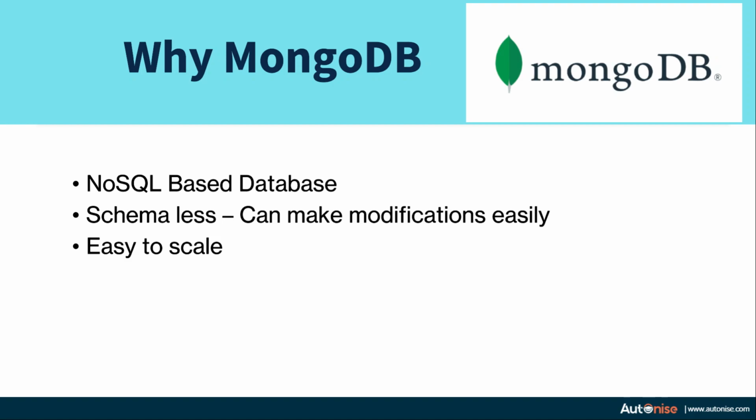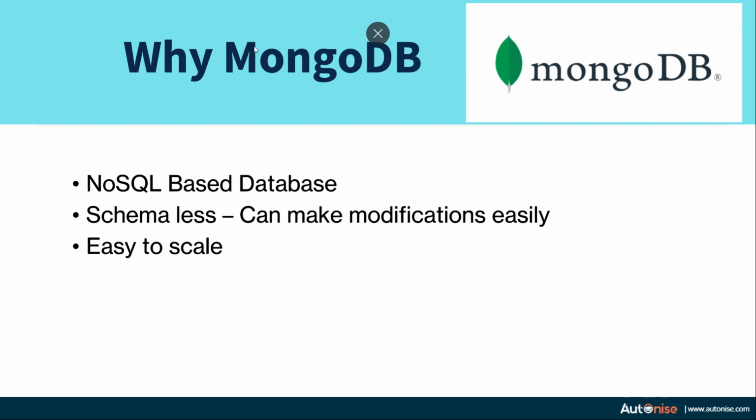Also, MongoDB is schema-less. Schema means a template. So you do not need to define a template beforehand, and you can make modifications easily into your database as and when you require it. So you do not need to plan a lot ahead before creating your databases. You can keep on modifying them as and when you need to add new features. Also, MongoDB is really easy to scale. If you want to create an enterprise level solution, then scaling up MongoDB to handle as many clients as possible is easy to do.